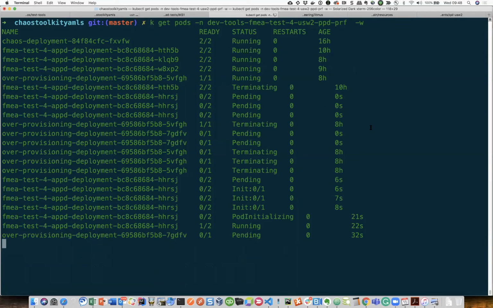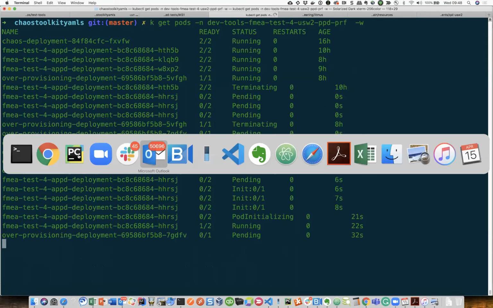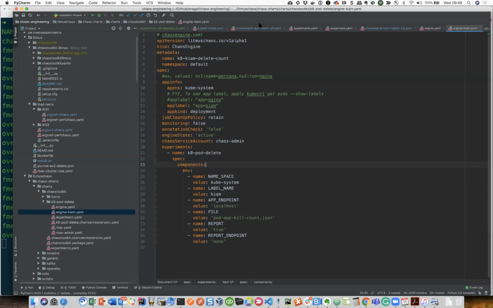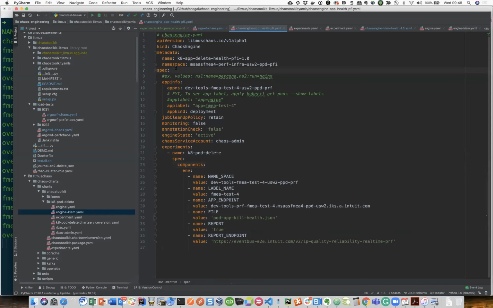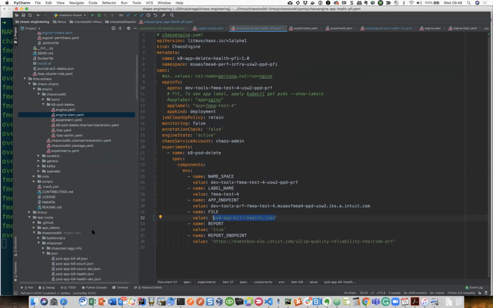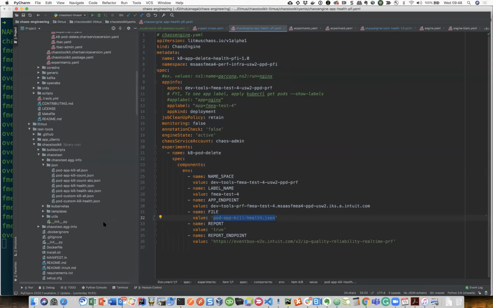specific pod. Now, just to show that, because there is a different naming for our app, the only thing we have changed is this namespace value and the target namespace. So now with the same namespace, we have built a concept of many executions. Here we have defined a JSON file, pod app kill health, and like that we have defined a bunch of JSON files which we believe